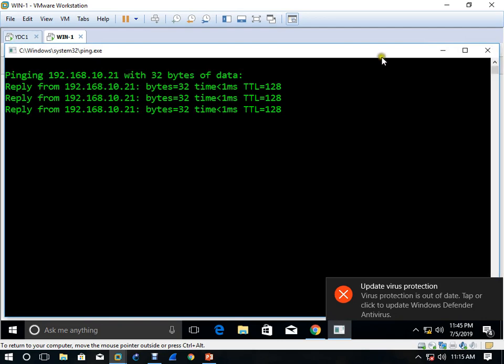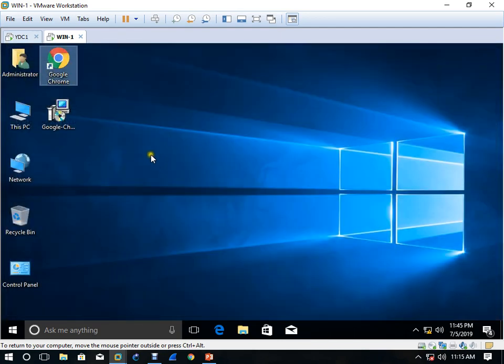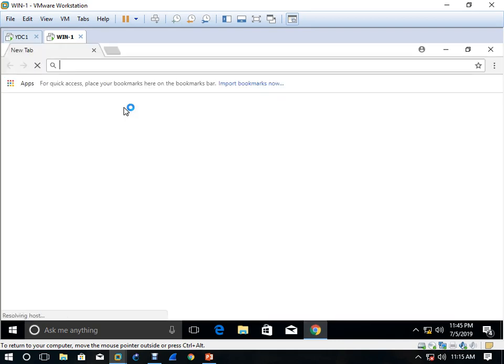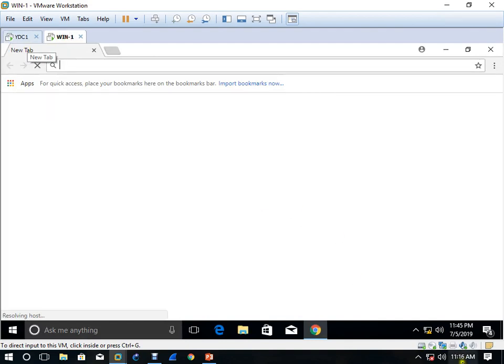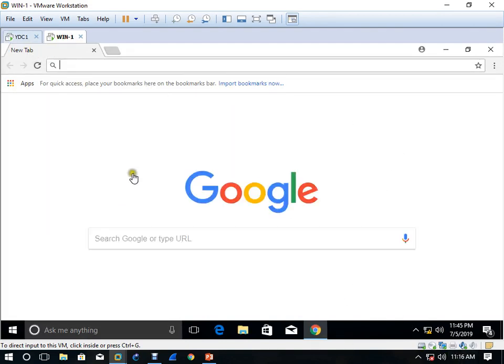It's pinging. Okay, so it's just part of DNS. When your DNS is updated, because your website is deployed here, everything will be okay. Don't worry. Because see, other two websites are working. This will update the DNS and it will work.